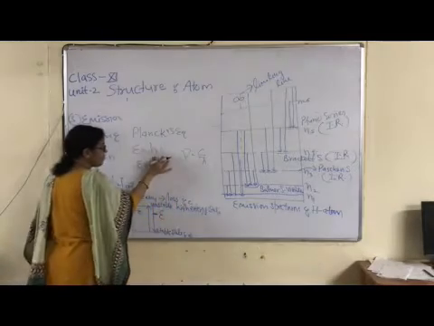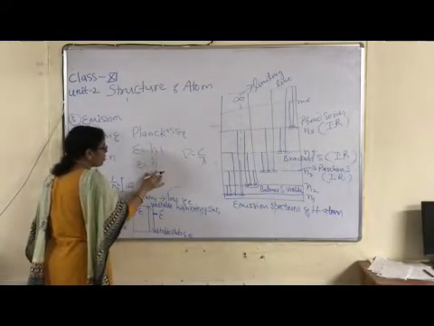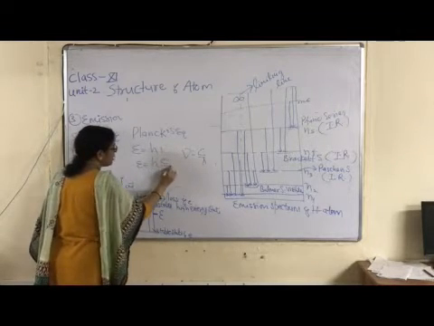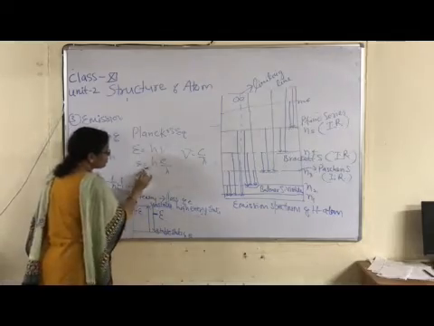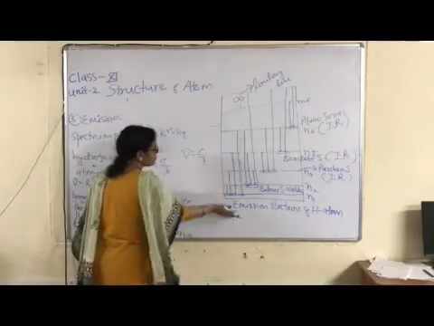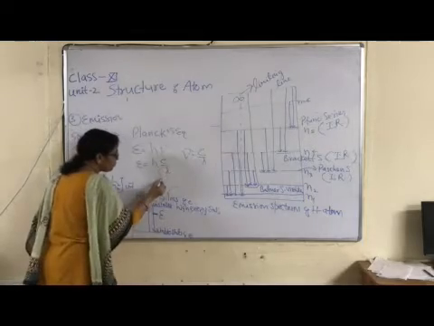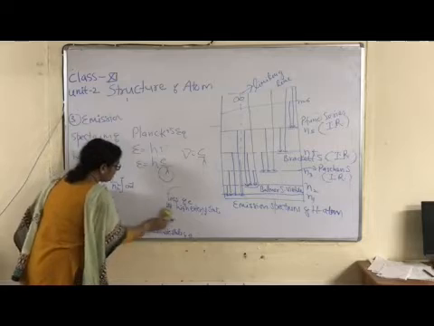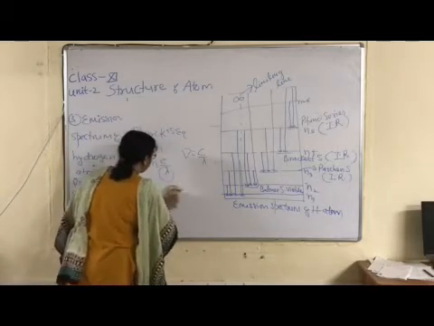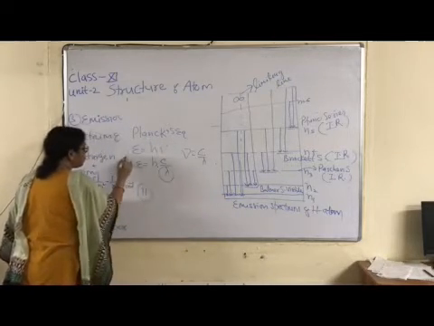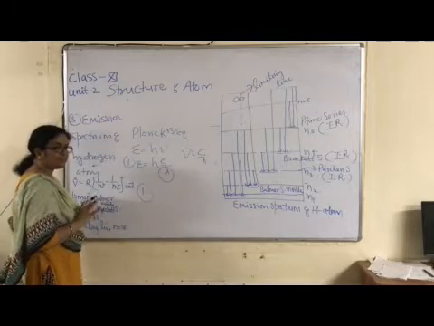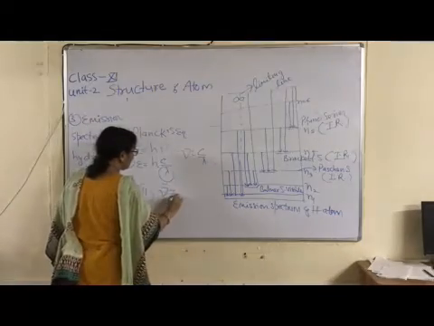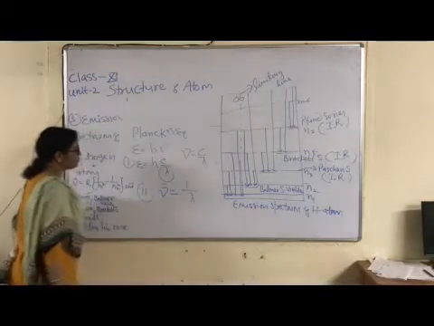When the value of nu is substituted in this formula, what is the new form of Planck's equation? E is equal to h c by lambda. So what is the relationship between energy of radiations and wavelength of radiations? Inversely proportional, right? Next is relationship with wave number. As you know, wave number means number of waves in unit distance, in 1 centimeter distance. Wave number is given as nu bar is equal to 1 by lambda.